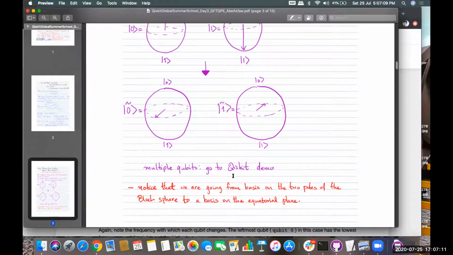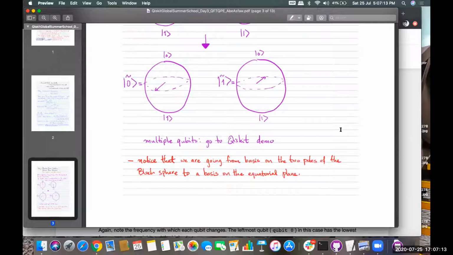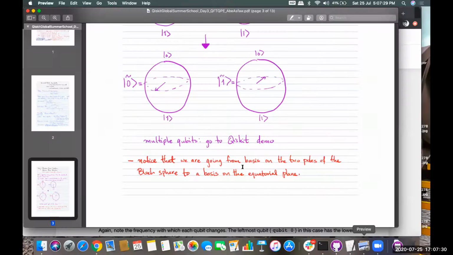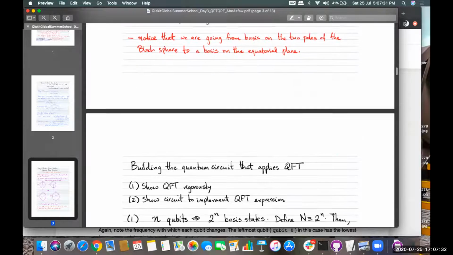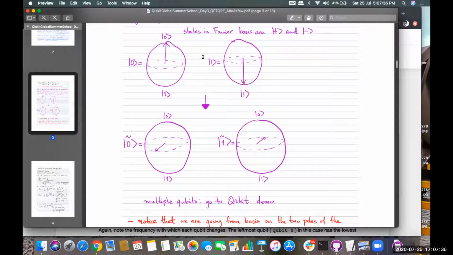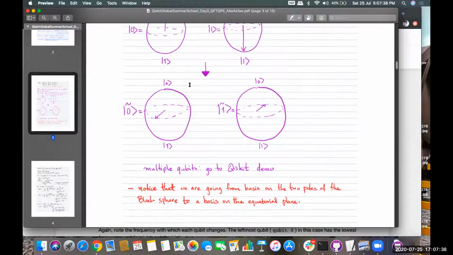So while going through the notebook, we will see how this is working. This is the notebook which I was referring to, right? You can see that whatever value of x we are putting in here, based on that, the phase in the Bloch sphere is getting changed. So you can notice here, instead of moving between the two poles, we are moving on the equatorial plane.